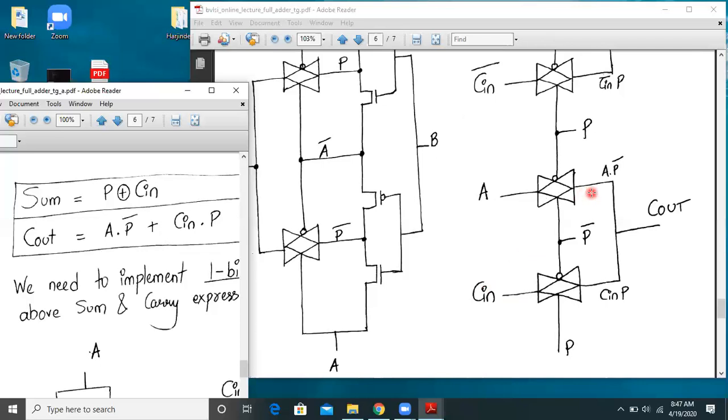So over here, this transmission gate produces the output A dot P bar, and the lower transmission gate produces the output Cin dot P. Since the outputs of these transmission gates are added together to make Cout, the Cout expression is A dot P bar plus Cin dot P. So indeed, the lower combination of the transmission gates produces the carry out expression of A dot P bar plus Cin dot P.